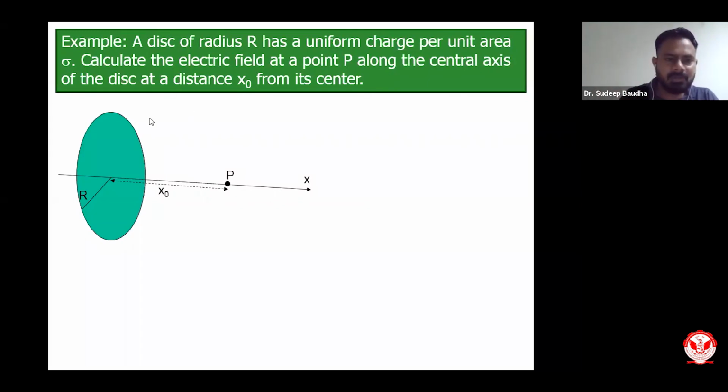So what I am going to do is, I have a disk. This is the disk of radius r, and this is sigma, the uniform charge per unit area, and we are about to calculate the electric field at a distance p from the center of this. So please remember that when the formulation is there, we have to analyze the geometry. So I will denote the x-axis and y-axis. And it is always important to denote the x and y axes.